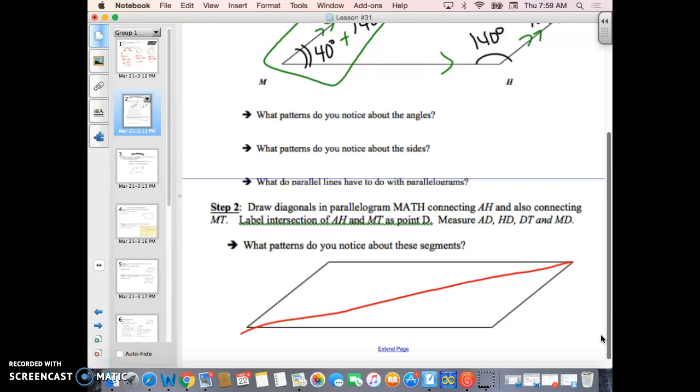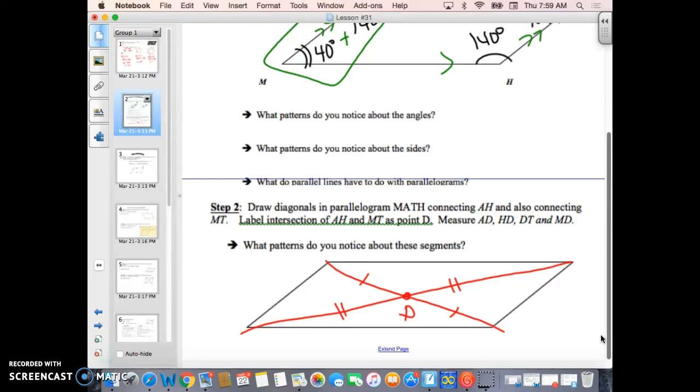Not too terrible. And a diagonal here. Okay, this is an intersection point. We'll call this D. And D is actually a midpoint. So it's going to cut, if you measured this, this and this are congruent, and this side and this side are congruent. So D is in the middle of both of the